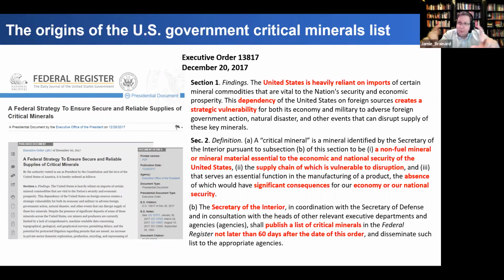So that comes back to who are our stakeholders. It's a very broad mandate, the entire economic and security health of the United States. And that there's a vulnerability in the supply chain, and a disruption or absence has significant consequences. So that was what's really important, that was our order: come up with a list of materials that meet that definition. And then again, it dropped right before Christmas, and we had 60 days to get that answer